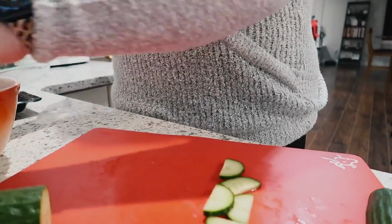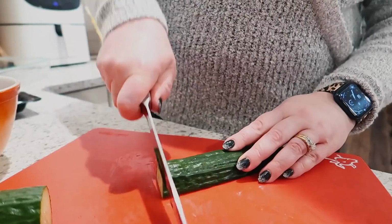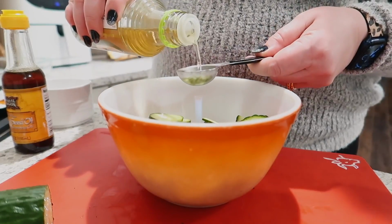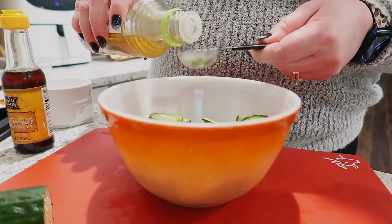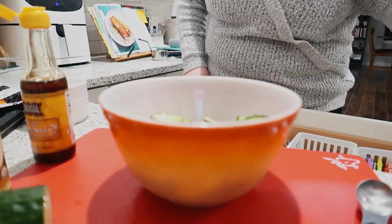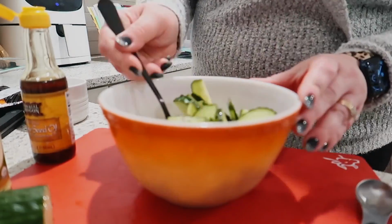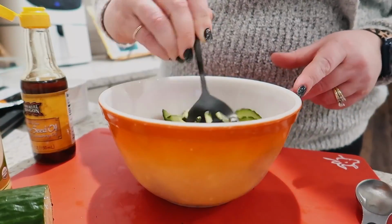But I'm just basically cutting this cucumber in half and slicing it into half moons and getting it into a bowl. Okay, so in with the cucumbers, I'm going to add some rice vinegar and some sesame oil. You wouldn't think that this dish would be so delicious with just these simple flavors, but I assure you that it is. So after I added the sesame oil, I'm going to season it with salt and pepper